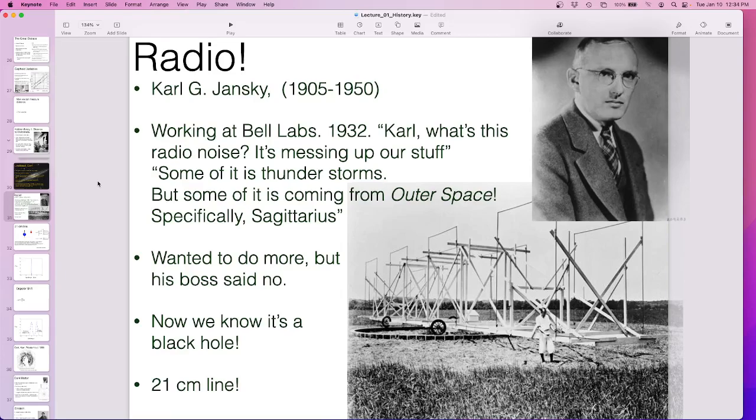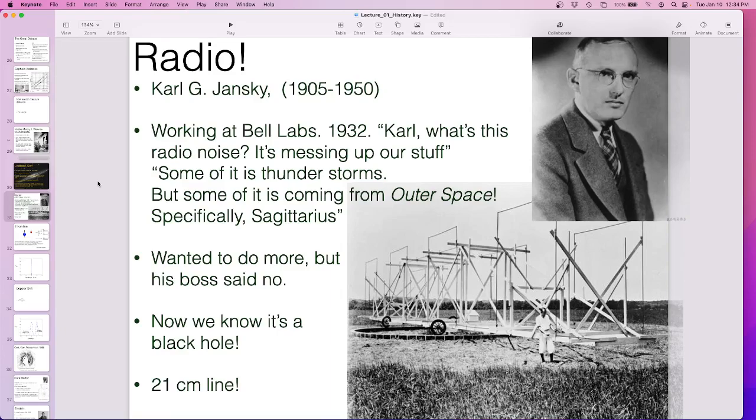So this is a bunch of big loops of wire. There are like eight big loops of wire, and that's an antenna, and it measures radio waves as they go by. If you point the antenna like that, you can't see the radio waves. So you can rotate it. It's on tracks. You could rotate this telescope, and the planet moves, so the planet moves the telescope across the sky. So he had pretty good coverage of the sky.